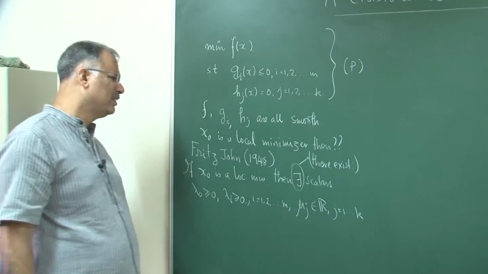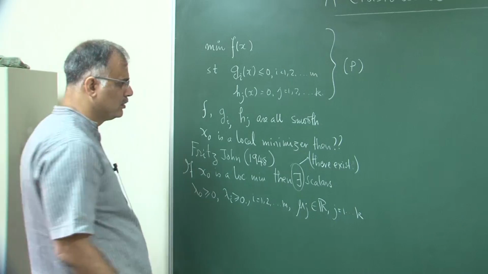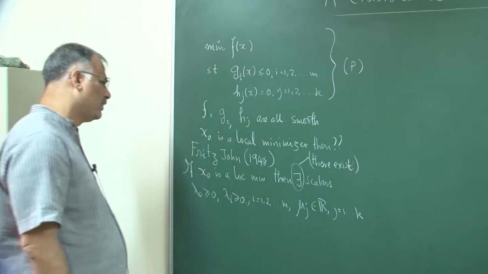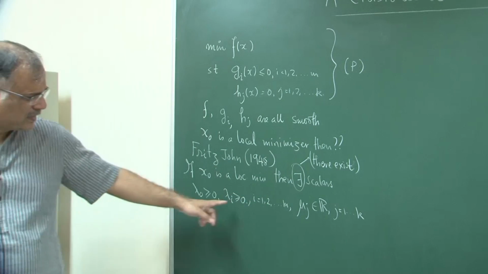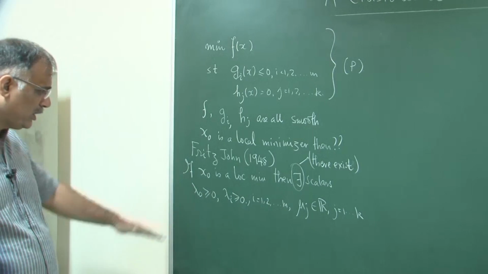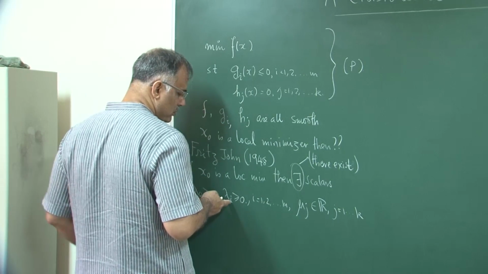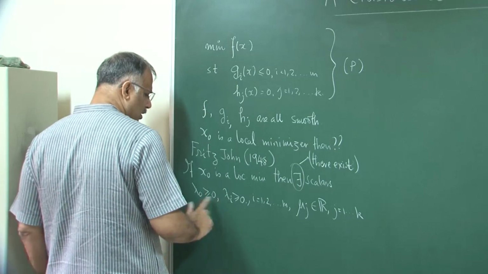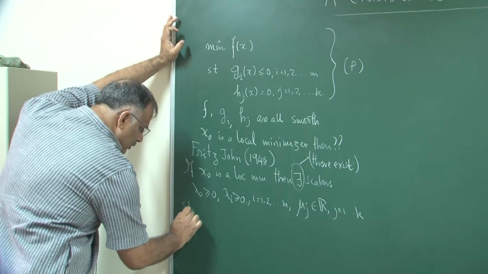You see, when you have inequalities, you have sign conditions on the so-called multipliers. These are something like the Lagrange multipliers. So, they are scalars such that